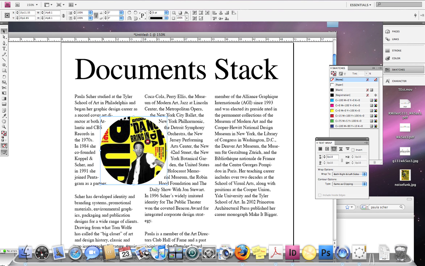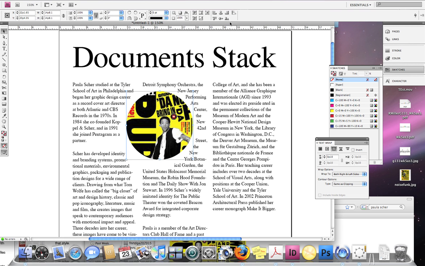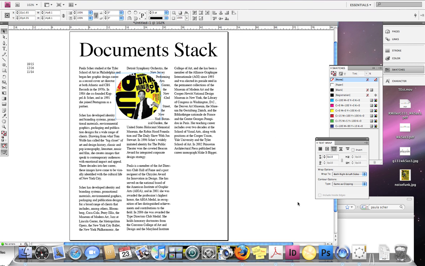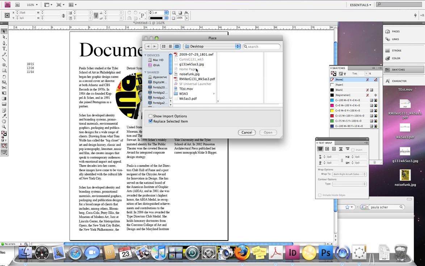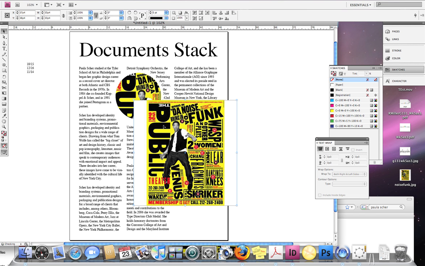Okay, sorry for the interruption. So now you know how to add an image and a text wrap. Now let's try to add the image just in a regular manner. Command 0 will fit in window. Oops, don't want to do that. Now I want to place just the image. Most of you will just go File, Place, choose Noise Font, and it just ends up right there or right here. Okay, so again you have your Move tool, Selection tool,